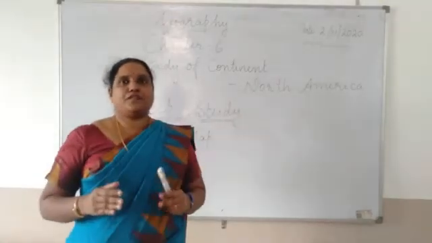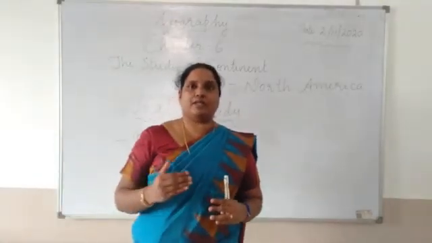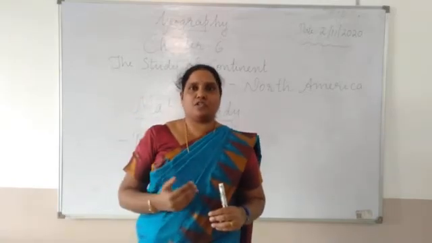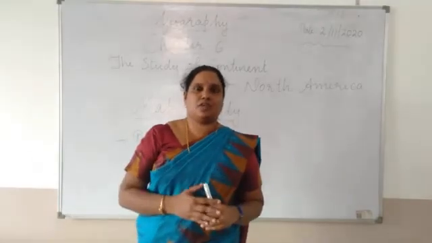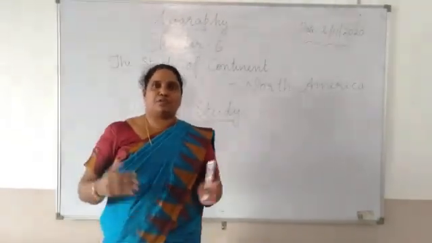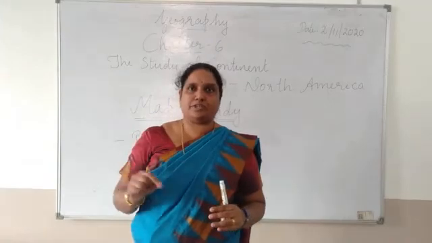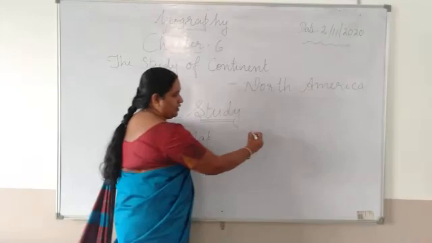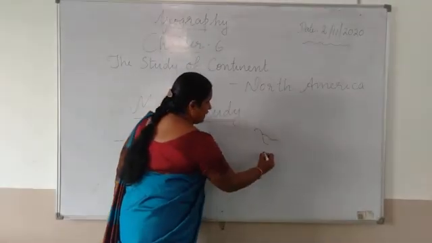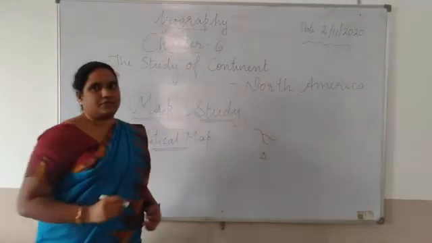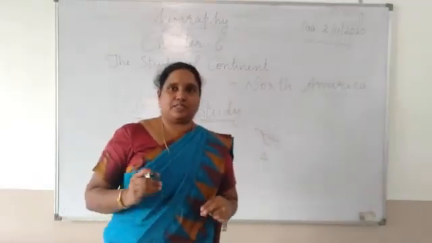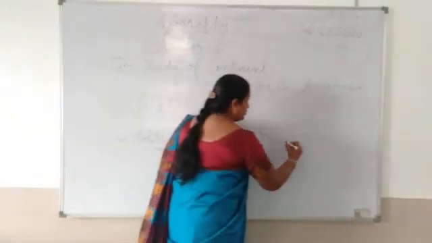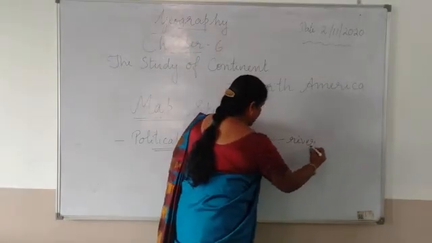Second thing is, you have to use colors while marking the map. For marking the mountains, rivers and ocean, you can use colors. For mountain, brown color, and for ocean and water bodies, you can use blue color, and for rivers also you can use colors. While drawing rivers, you can draw like this, and for mountain, triangle shape, so that it will be easy for you to understand, and you can make it clear. So for rivers, you use this, and mountains.